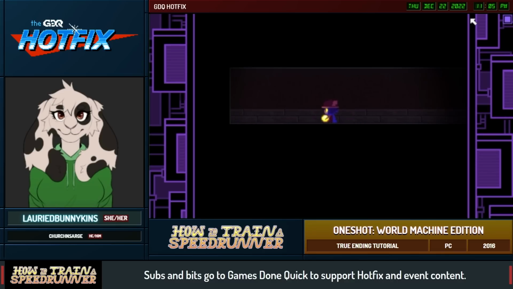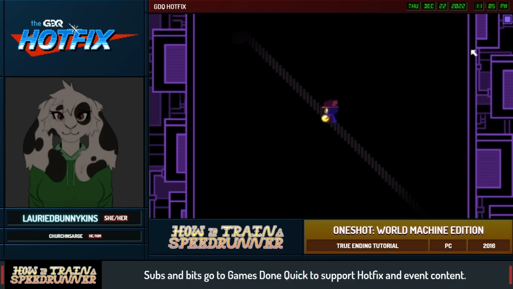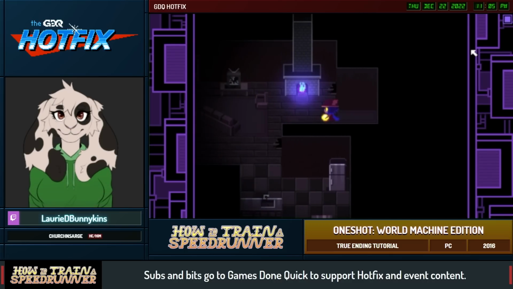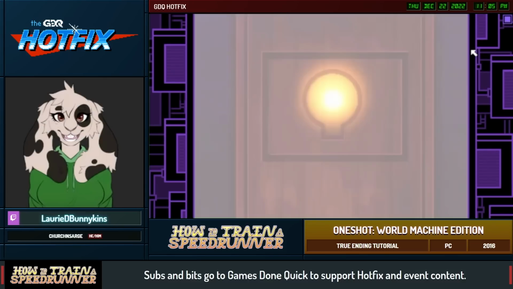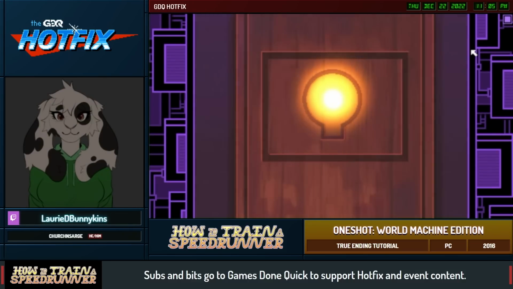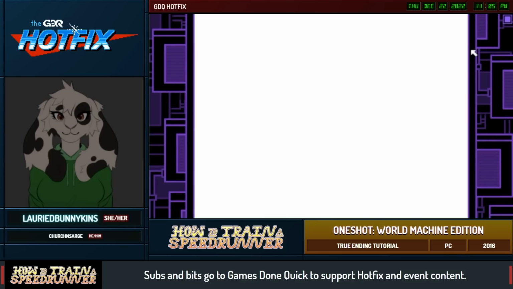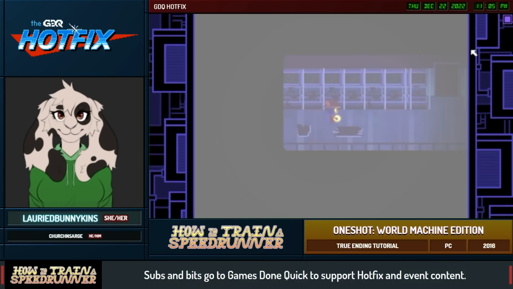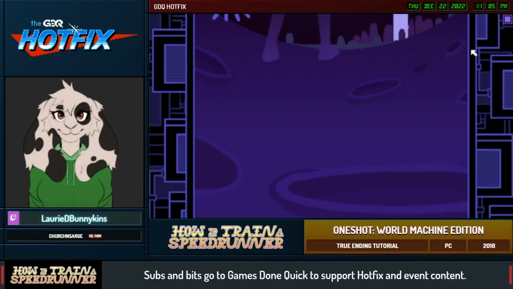So yeah, this is just still the same area as the very beginning of the run, so we do not need to do anything fancy. We just need to get the light bulb and get out the left side door. And this is kind of immediately where the route changes from the first ending. Once we get out of the house,